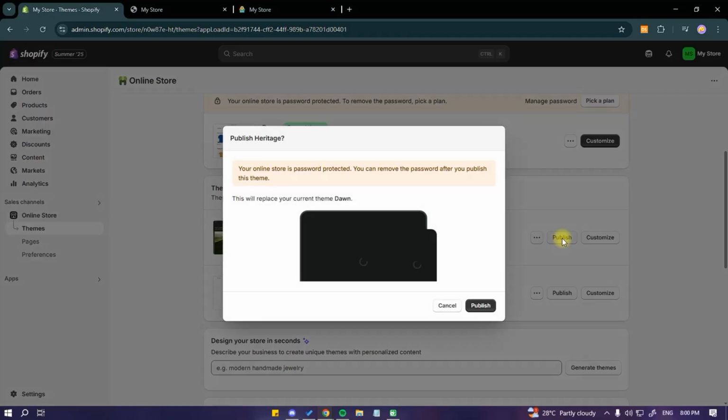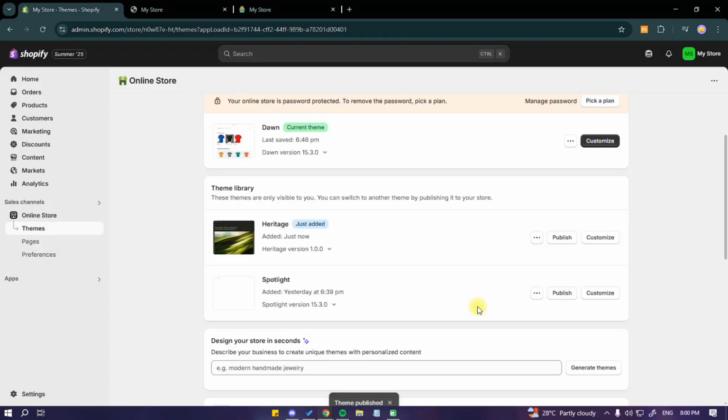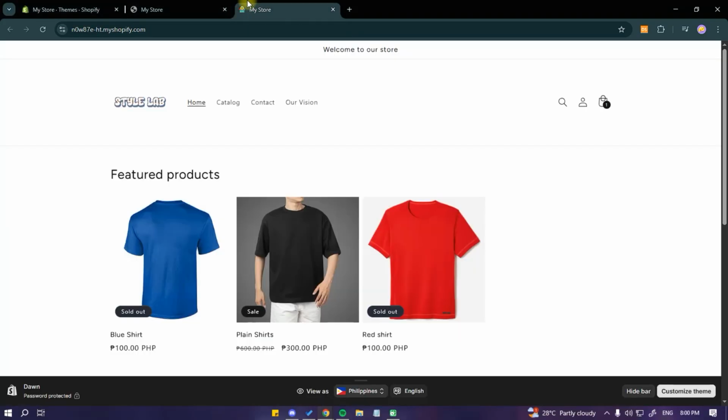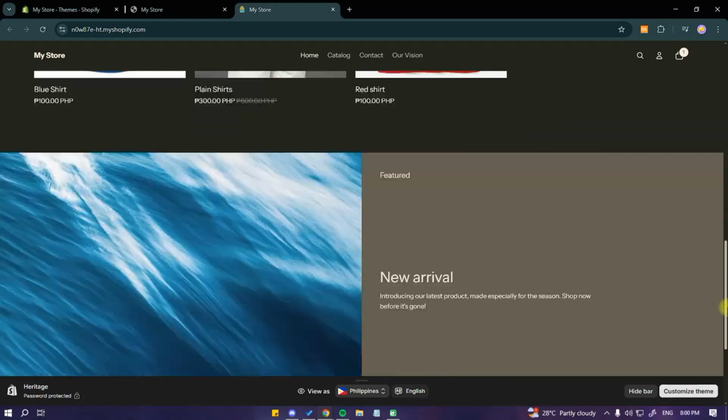the theme that you just selected, and it will then replace your current theme, and just click on publish at the bottom. And once we load our current store link, it will then be updated to the new theme that